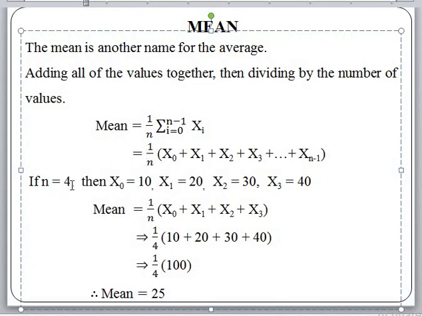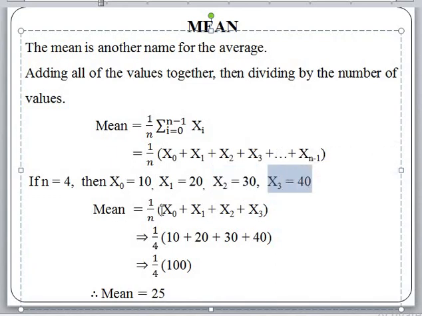Let us consider the same example we considered for sum. If n equal to 4, then x of 0 we assume as 10, x of 1 as 20, x of 2 as 30, and x of 3 as 40.